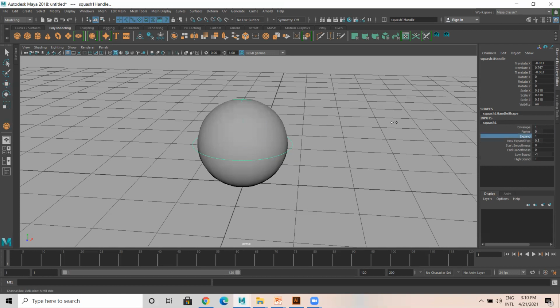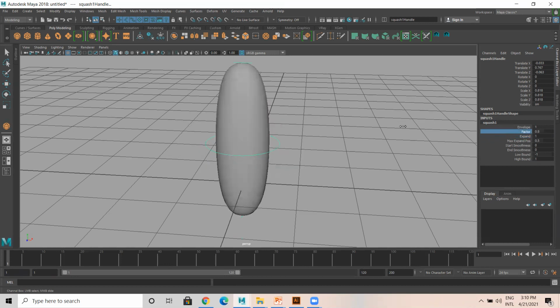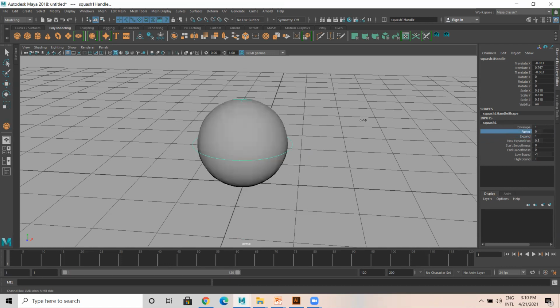Expand, go to factor. Factor defines the value, meaning how it squashes and stretches. By selecting this with the middle mouse scroll, you can do this. This is a simple one.